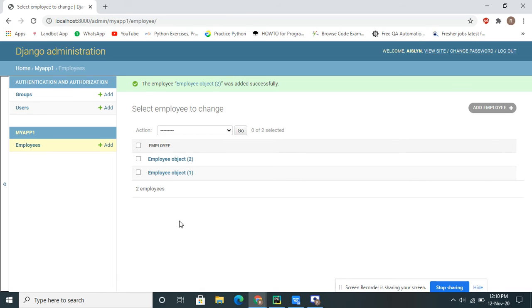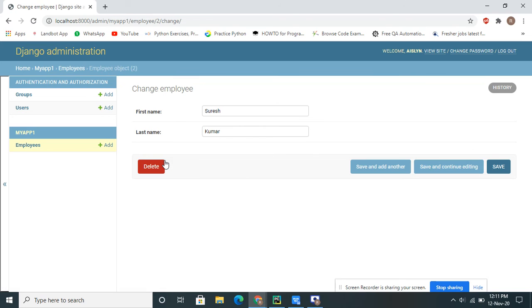Because I have to change something in the model file. Instead of showing object, we can display the name, id, whatever field we want. We have to use the string method there. See, the second object I have inserted, the second data I have inserted.